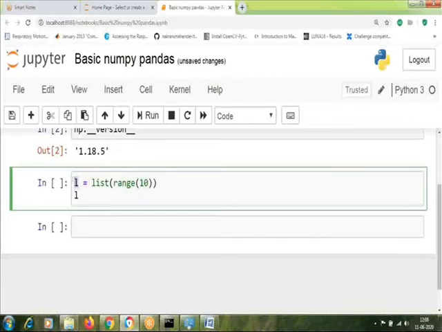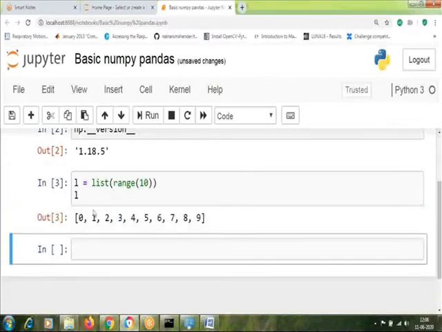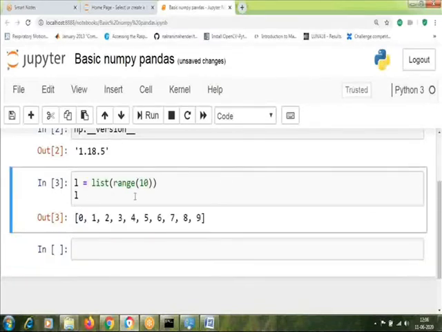I'm just giving the values to the variable L, and it will automatically take the data type of those values. If you press shift enter to execute it, the value of L will be displayed as a list. So you can either use print or just type the variable name and press enter, and you will get the values stored in that variable.